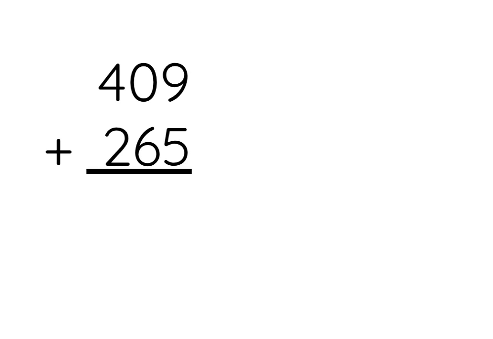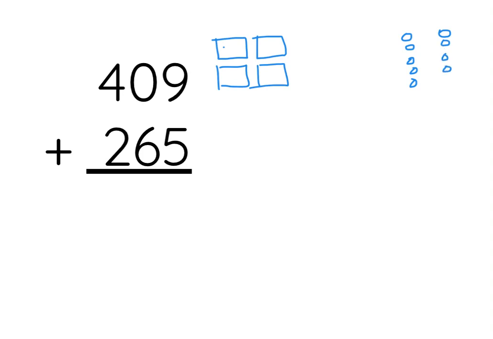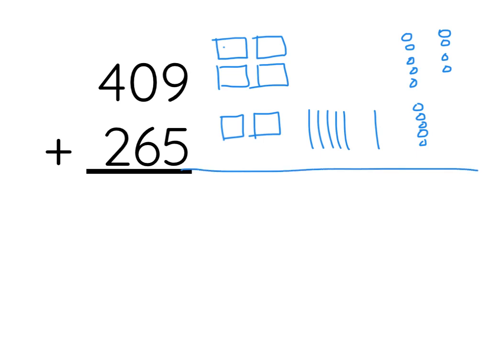Now let's draw some. When we have a lot of hundreds, like 4, I usually pair them up so they don't take up as much room. So I have 4 hundreds. I don't have any 10s, so I'm going to skip over and do a 5 and a 4. I left enough space there for my 10s from my other number. So 200, 10, 20, 30, 40, 50, leave that space, and a 60, and then your 5 ones. So 600